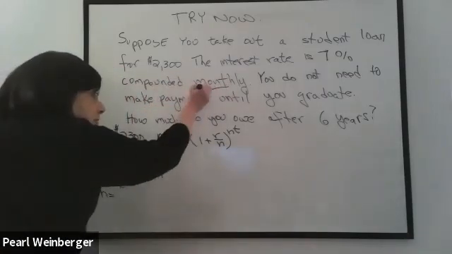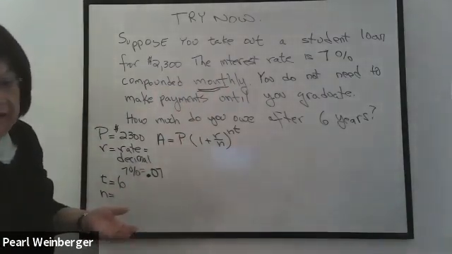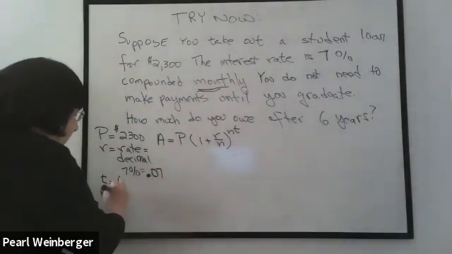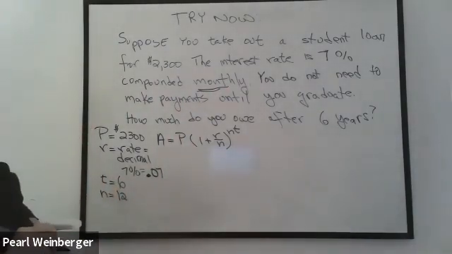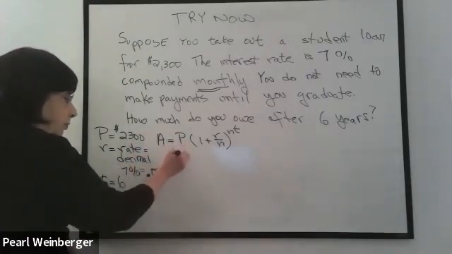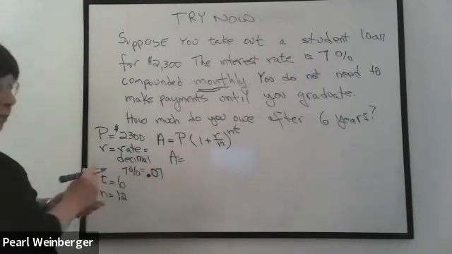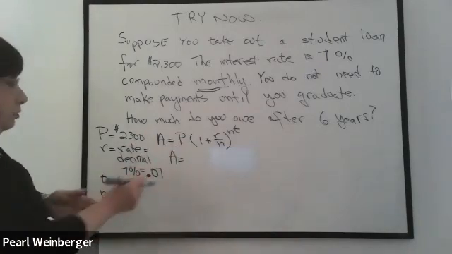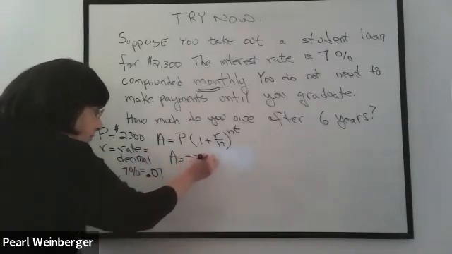And when you compound something monthly, how many times a year are you doing that? Obviously, there are 12 months, so your N is 12. So now we have all the numbers that we need to stick into our calculator. We're going to do A equals, and I'm going to put it down the way you should be putting it into your calculator, 2,300, that's your P,